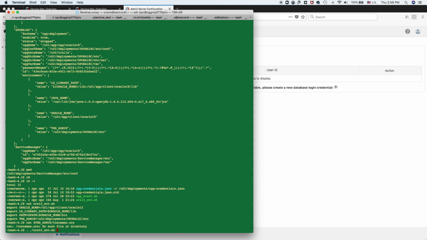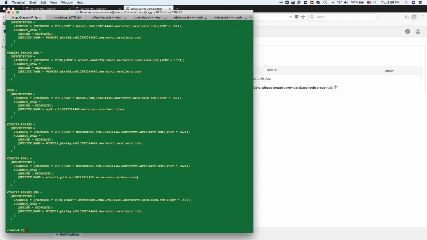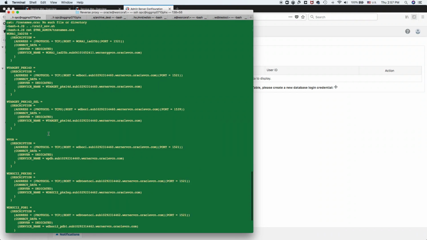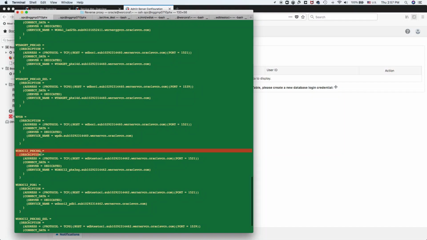Okay, now let me do this again. I already added a bunch of the TNS name entries which I use in my regular testing. Today the testing will use the source database, which is this one. This is the source database, the CDB, and my table will reside in